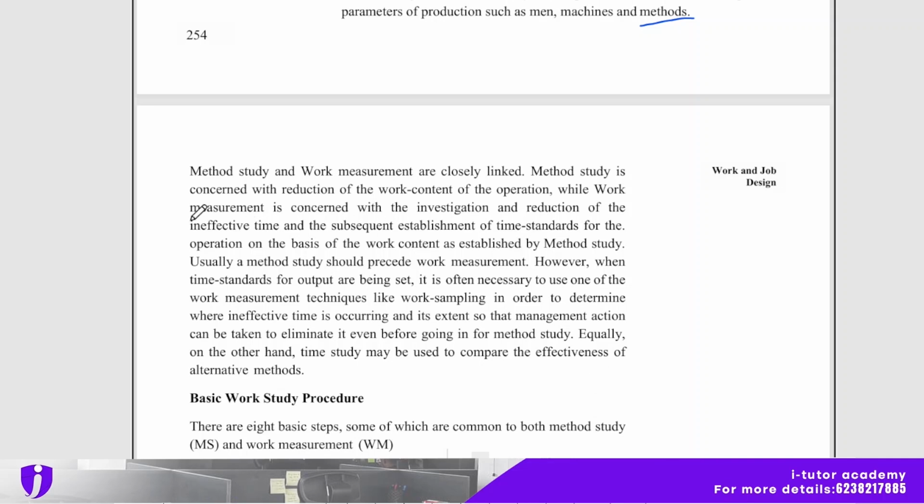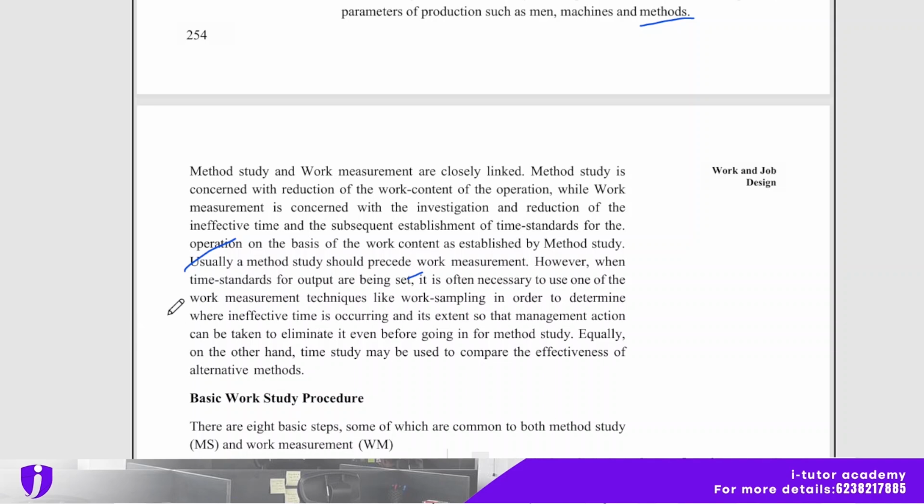Method study is concerned with the reduction of the work content of the operation, while work measurement is concerned with the investigation and reduction of the ineffective time and the subsequent establishment of time standards for the operation on the basis of the work content as established by method study. Usually, a method study should precede work measurement. However, when time standards for output are being set,